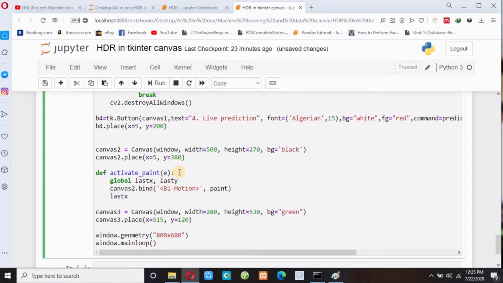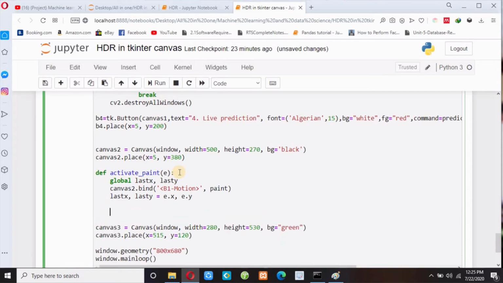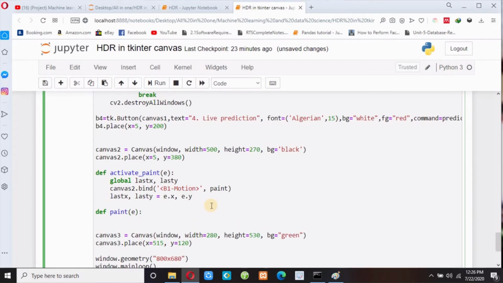And first of all, let me write all this code and I will explain it to you. So last x, last y, I have to assign e.x and e.y. So this is my activate paint function. Now let me create the paint function over here, because I have passed paint in my b1 motion. So def paint, I have to pass e as a parameter again here, and then let me define last x and last y,